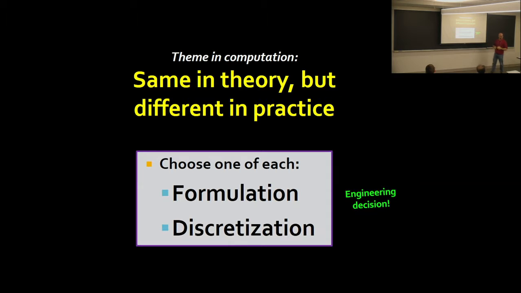Given an application of transport, you have a choice to choose the right theoretical formulation of the problem and the right numerical technique for solving it in practice. This is an engineering decision, and different techniques will have different properties that are useful in different places. In fact, this is a theme that's well known in the computational world. There are, for example, no free lunch theorems out there. There are some well-known ones for the Laplace operator, for example. The Laplace operator has a bunch of properties in theory, right?